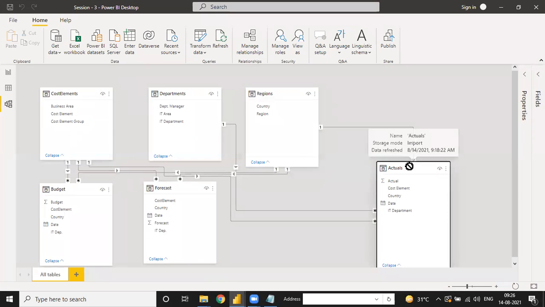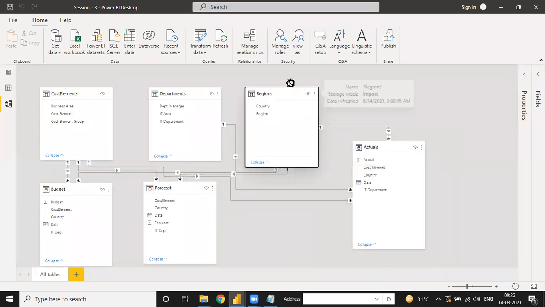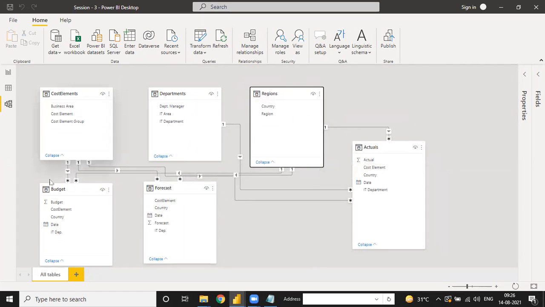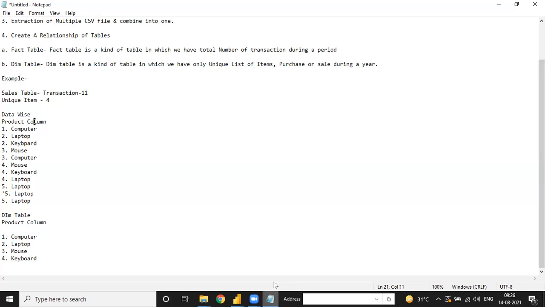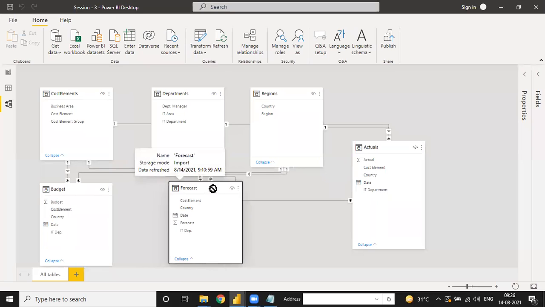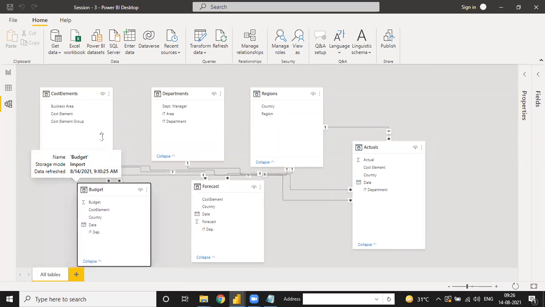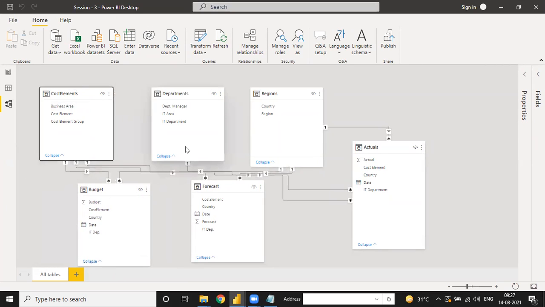So any doubt about the fact table or dim table? Tell me, under these 6 tables, how many are fact tables and how many are dim tables? I gave the example of the product column and the product column: the total number of transactions is in the fact table, and the unique item list of 4 is in the dim table. Tell me guys.